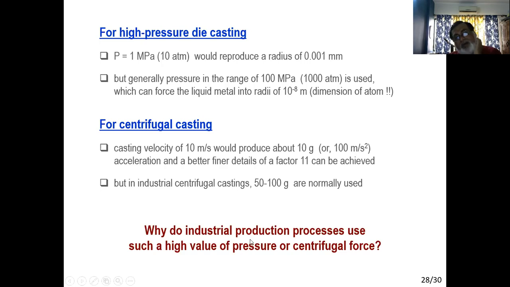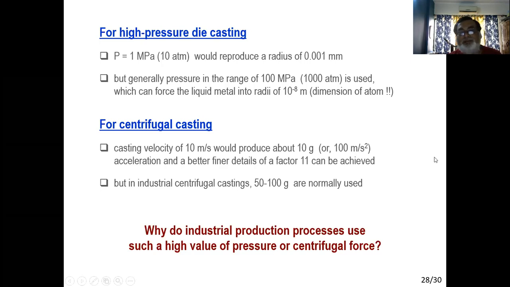That means only a small fraction of the pressure required is more than sufficient to produce a good quality casting. But we are using a tremendous force to push the liquid metal into the mold cavity. Actually, this has nothing to do with mold filling. We are studying the gating system, which is used to fill the liquid metal into the mold cavity. So we are practically studying the filling system, but this high pressure has nothing to do with the filling of